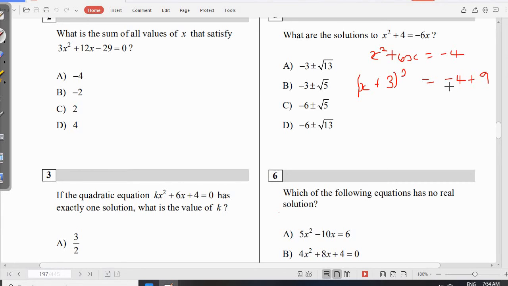And that's it. So you have minus 4 plus 9, which is 5. Because of this square, you square root it, and then x equals, carry this plus 3 to the other side, you have minus 3. So your answer is minus 3 plus or minus 5. And you see, you have gotten your answer so fast